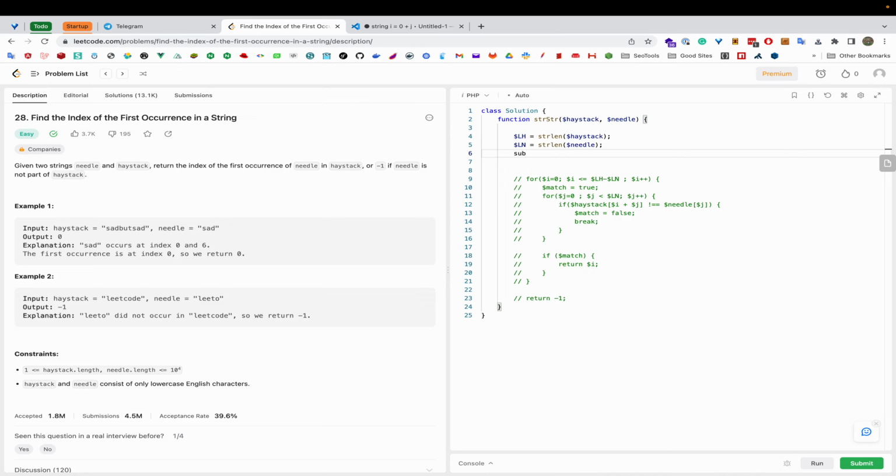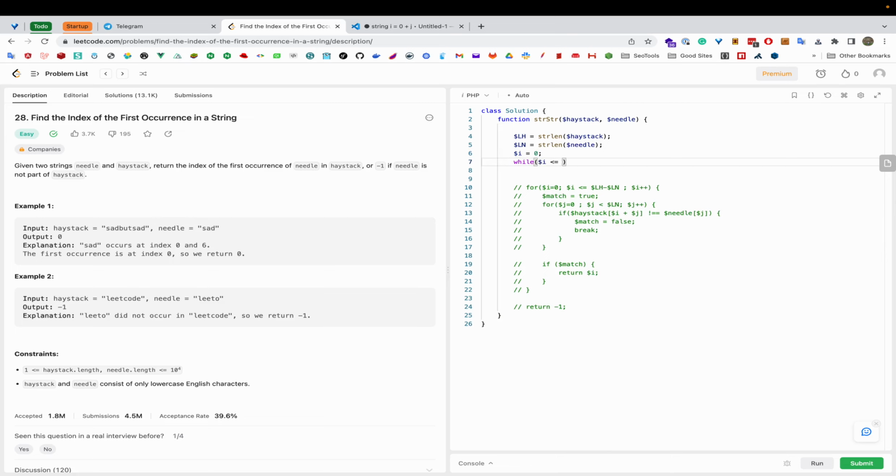We are going to use the substr function in PHP, and first define an index, and while our index is less than or equal to LH minus LN,